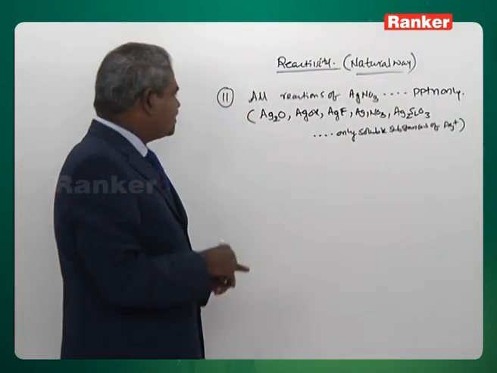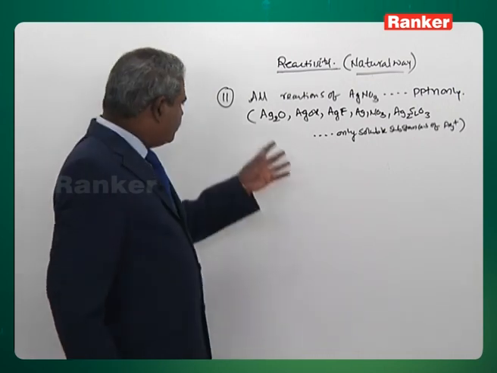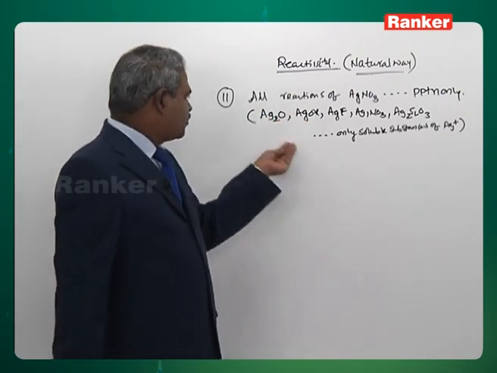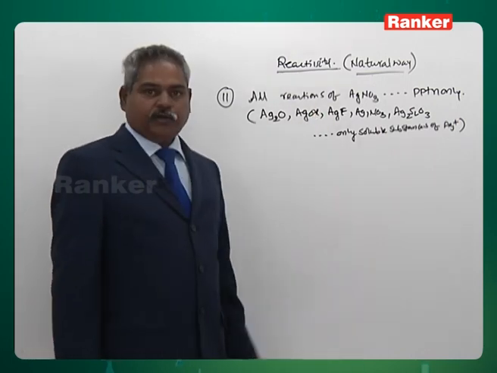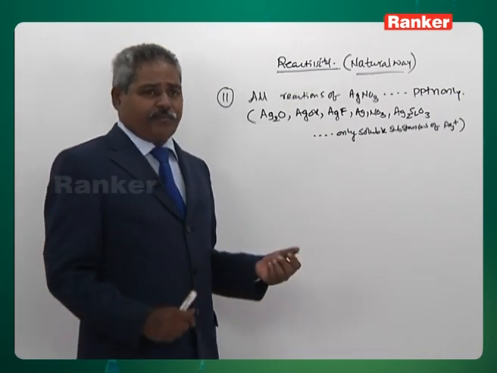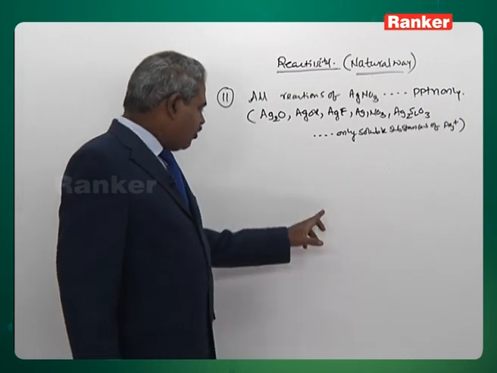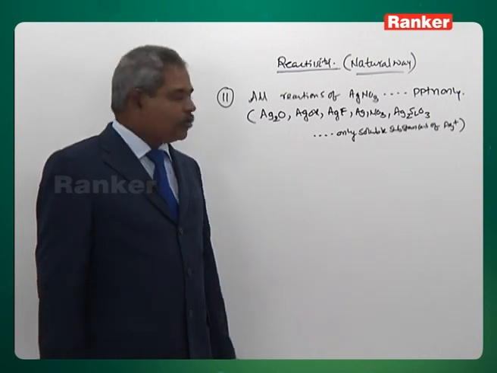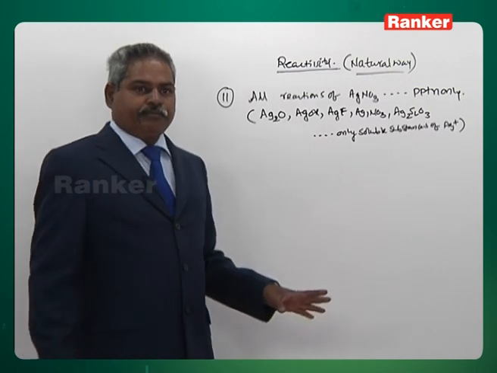Listen, don't see them as 5 compounds, because what is an oxide, what is a hydroxide? Silver oxide in water is nothing but silver hydroxide. So Ag2O, AgOH, AgF: oxide, hydroxide, fluoride are almost one and the same. So these are not 3 different compounds. Suppose there is a fluoride already present. When you add silver nitrate, silver fluoride doesn't precipitate, it is fairly soluble. Then silver thiosulfate. Therefore, except these 5,